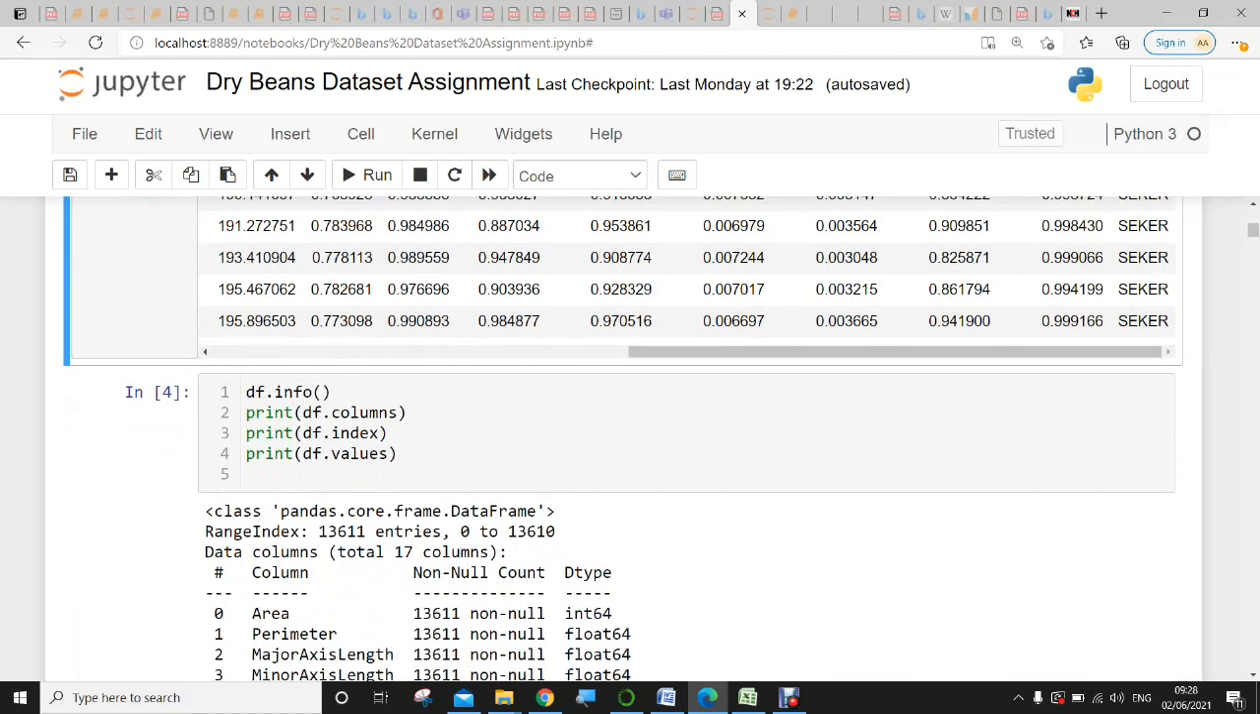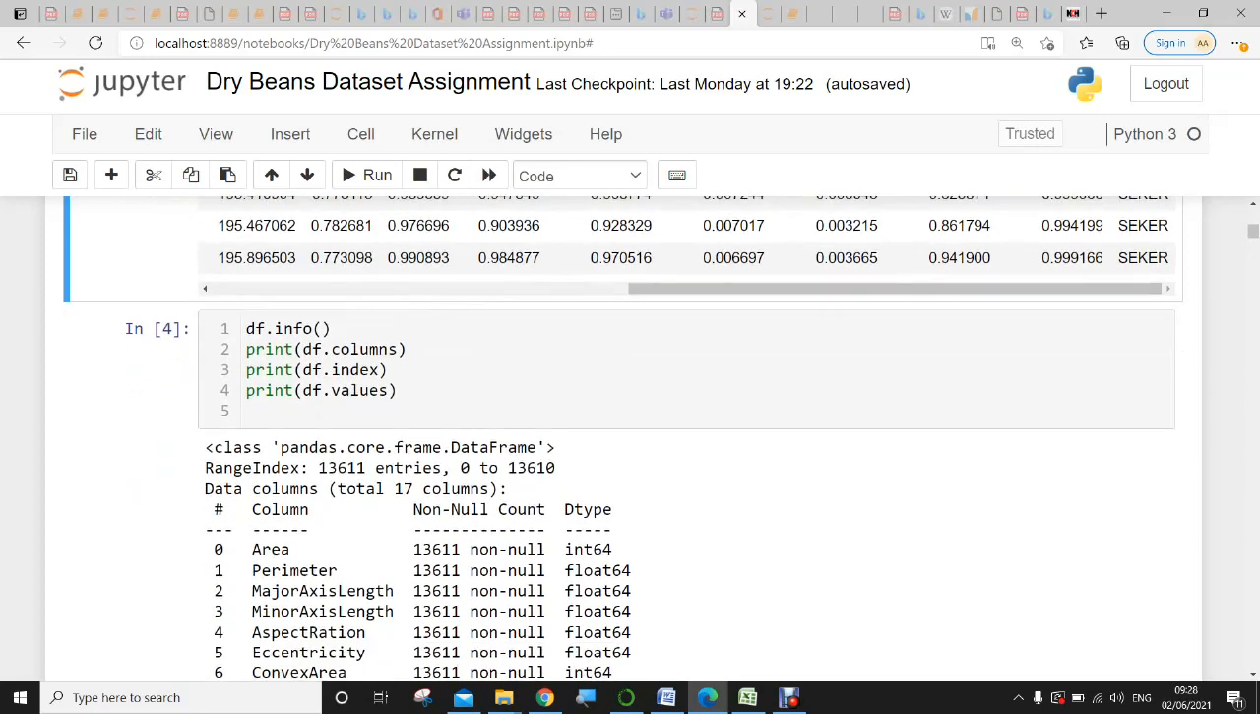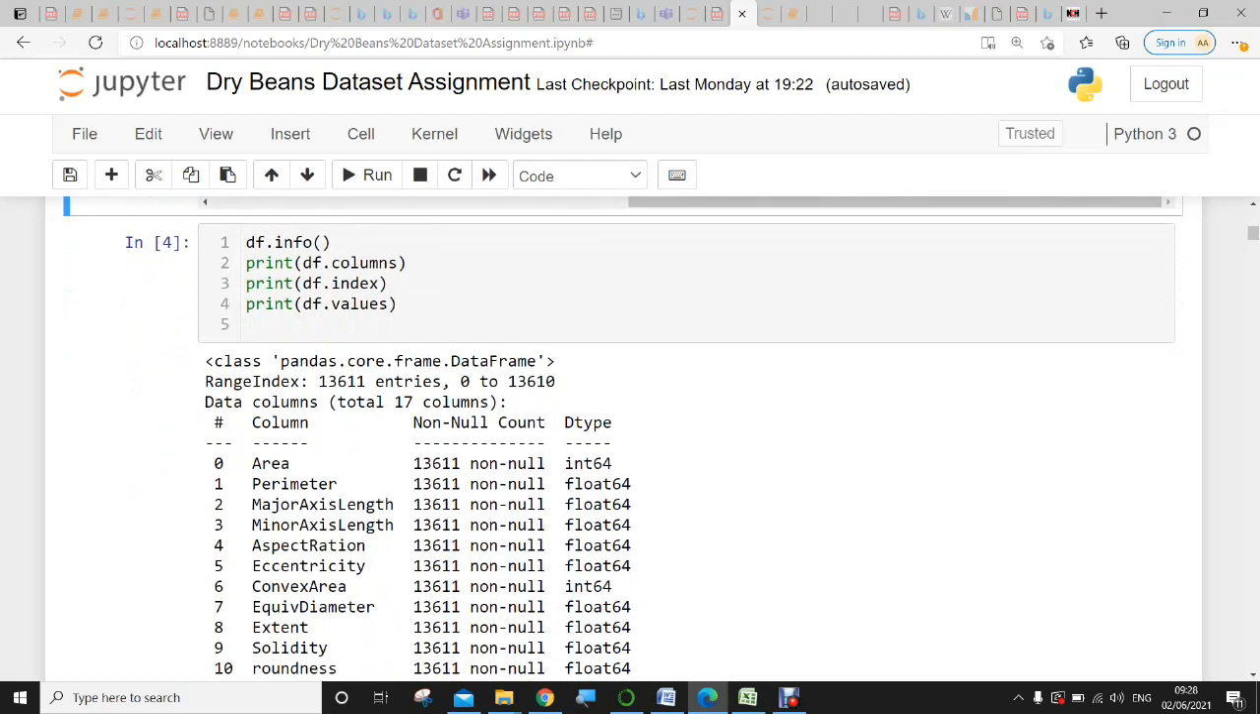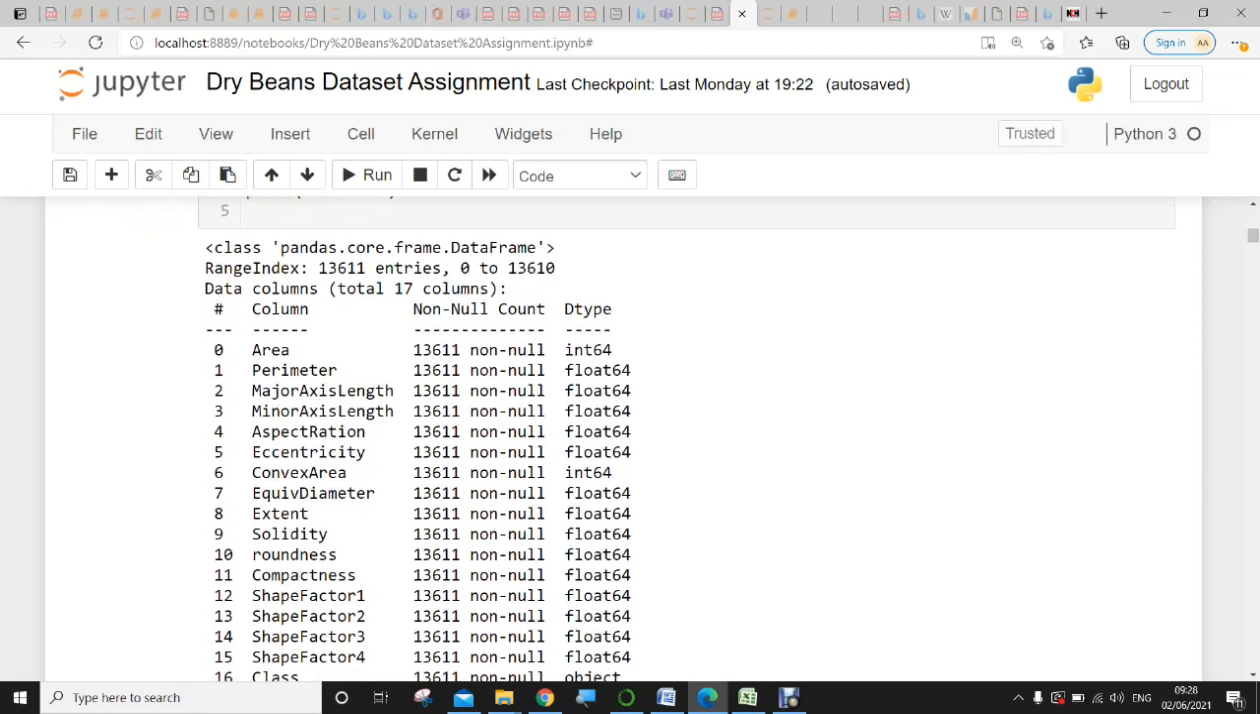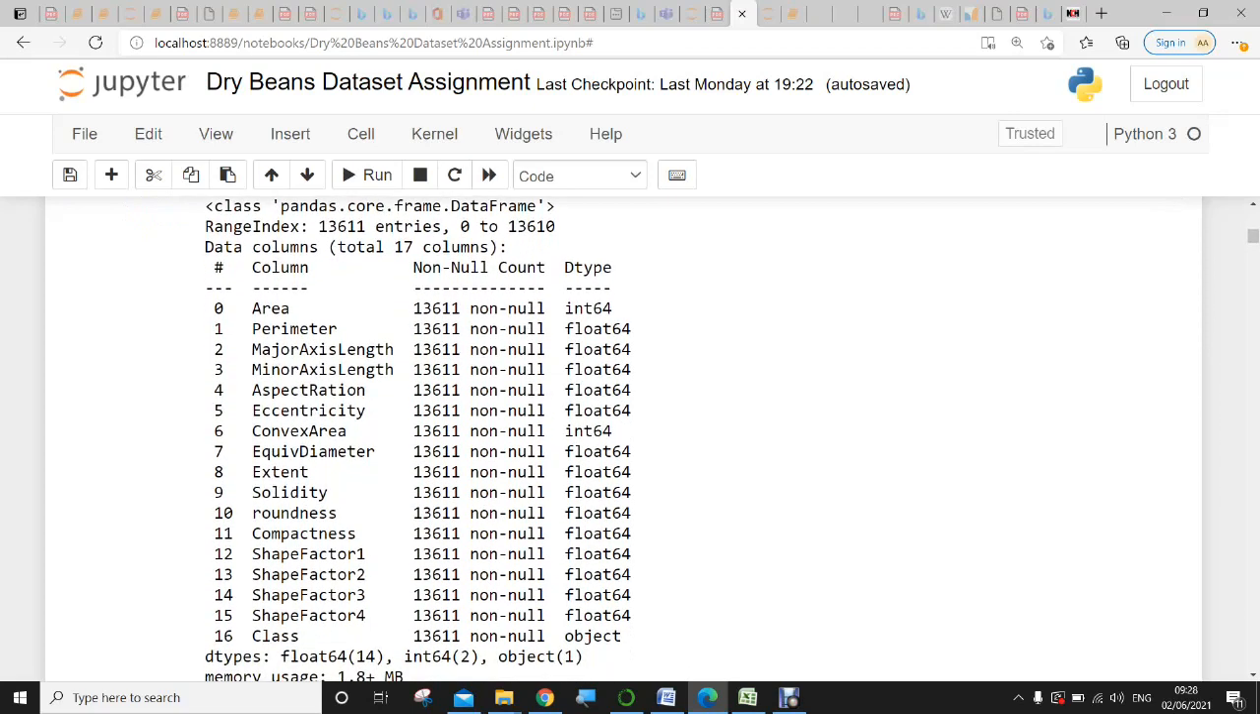And moving forward, I have the info of the data set, which is a function that simply gives us information about the data. First of all, it shows that we have 13,611 entries, and also, like I mentioned, 17 columns of the data set, and